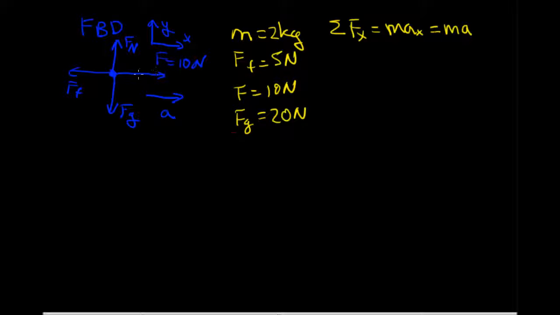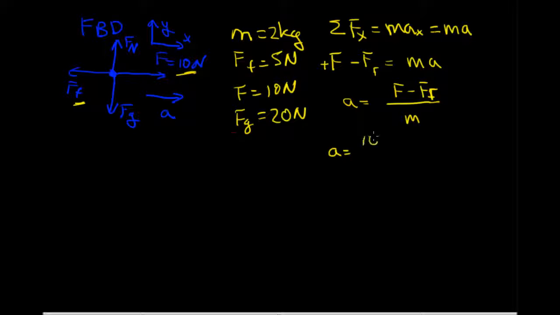And so now this part of the equation, the sum of the forces, just says, hey, go look at your forces and pick the ones that are in the x direction. And so the two forces in the x direction are F, that's this guy, and the friction force, FF, that's that guy. And we notice this guy is in the plus direction. Our push force is in the plus direction, so I can put a plus there or not. It's assumed to be positive, right? And then I get a minus sign here because my friction force is pointing backward, right? And that's equal to the mass times the acceleration of the object. Or I can say the acceleration is equal to the push force minus the friction force